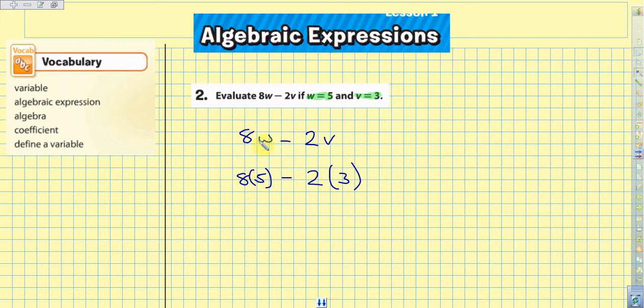Okay, so I go through and I look and say, well, I've got to do some multiplication before I do some subtraction. So I'm going to take 8 times 5. We get 40. And we get 2 times 3, which is 6. And now all I need to do is subtract 40 minus 6. And what I have here is 34. Okay, so go ahead and